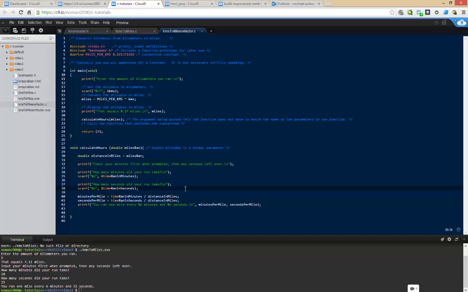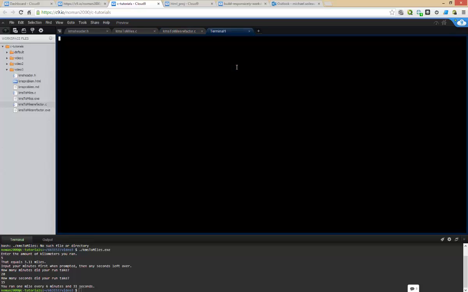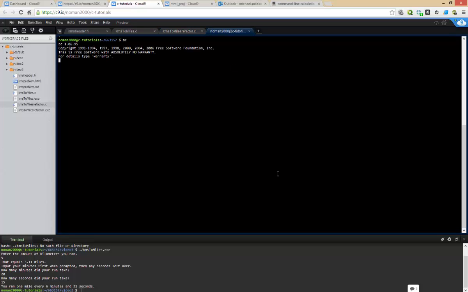And again, I tested all this code out using the basic calculator, BC. There is a little bit of a trick to it. I don't know if I demoed this in other videos. Alt-T to fire up BC, and I will show you one very quick gotcha, and that is what BC calls scale. This is the number of significant digits calculated after the decimal place. So if I say scale equals 5, and then I do something like 47 divided by 53,